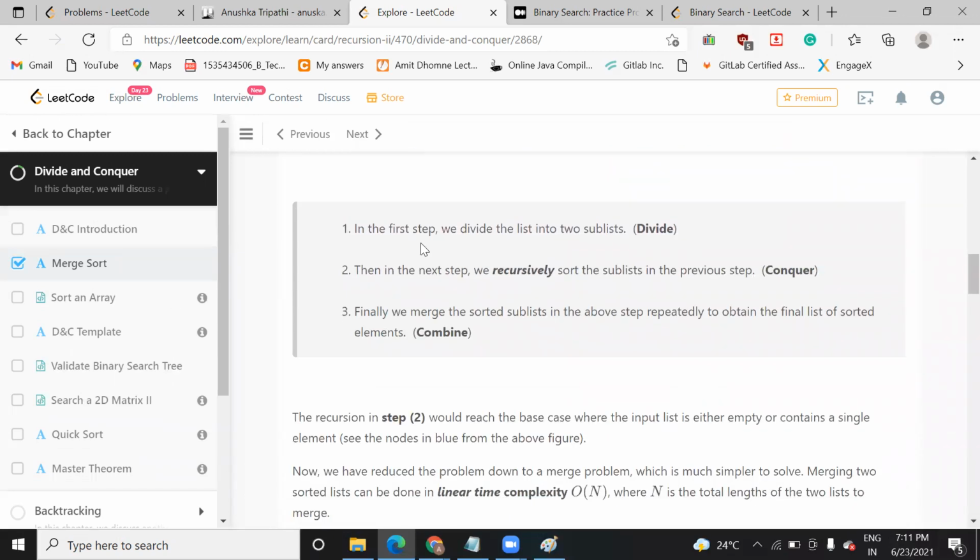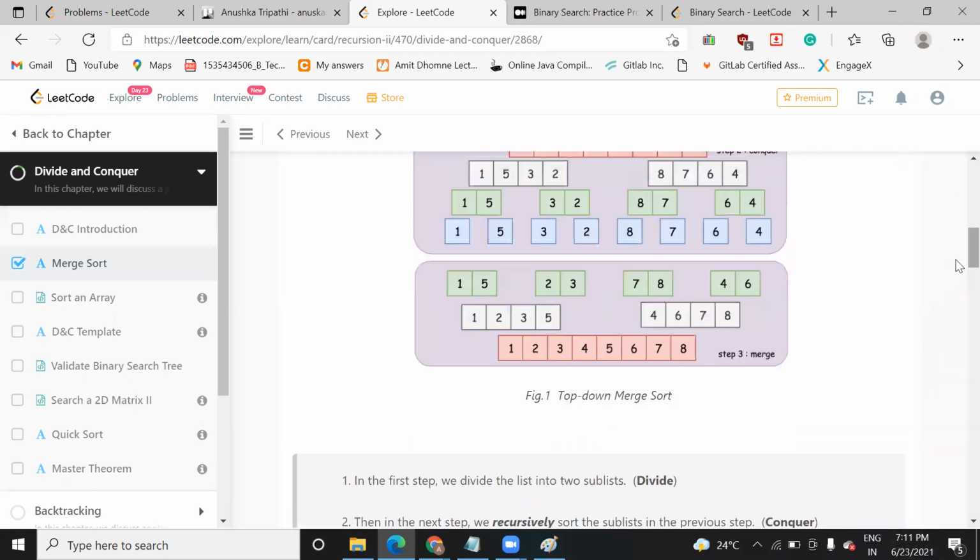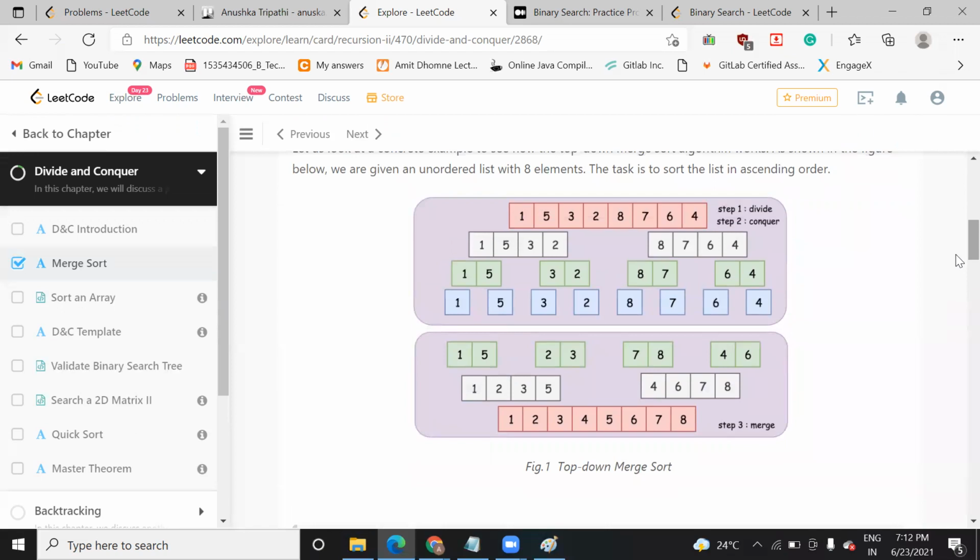You can see the first step is to divide into sublists. The next step means you need to recursively sort the sublists. Recursion. I've heard the term, but I forgot what it means. In C language, recursion means repeating something, right? So you need to do this step repeatedly. You need to arrange the elements of each list, and that is the reason this is completely based on recursion. So they will arrange them in the list.